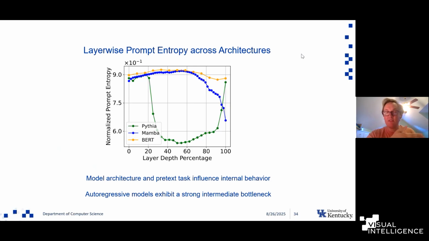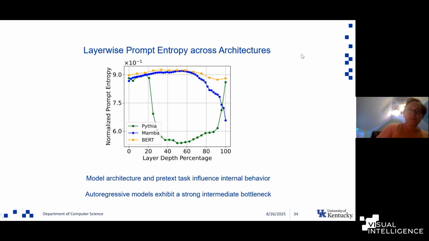Let's start at layer 0 and go forward. The first few layers have a high entropy, so the tokens are not compressed. There's a lot of information there. Then all of a sudden, around layer 5 or 6, which is around 20% depth for this model, there's a big drop in entropy, and it compresses a lot, and it stays pretty compressed for around 60% of the model, and then it decompresses at the end.